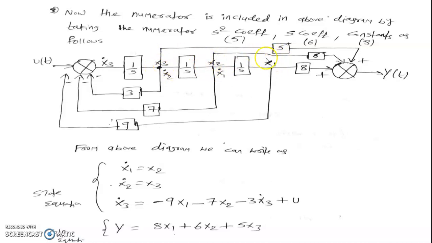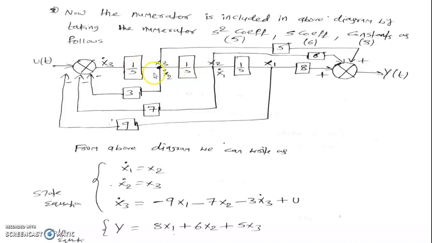If it is x1 state, then the input of this integrator is x1 dot. Why? Because the derivative of x1 is passing to the integrator, derivative and integration get cancelled, and it results in only x1. So that's why it is x1 dot, and similarly here we have written x3. If it is x2, then the input of this integrator is x2 dot. Why? Because integration and derivative get cancelled, and we get x2 after passing through the integrator.